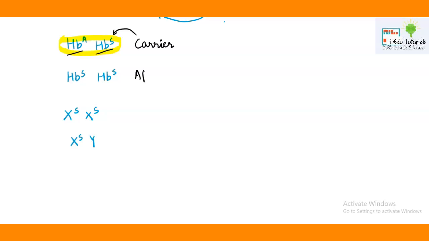If the question gives you the hint that the individual is affected by sickle cell anemia, then you will use both the alleles as defective. Means you will use hemoglobin S, hemoglobin S. Remember, hemoglobin has to be written this way and S will be used as a superscript. Now, because sickle cell anemia is an example of autosomal recessive disorder, the problem is arising on the autosomes because of the change of one amino acid.